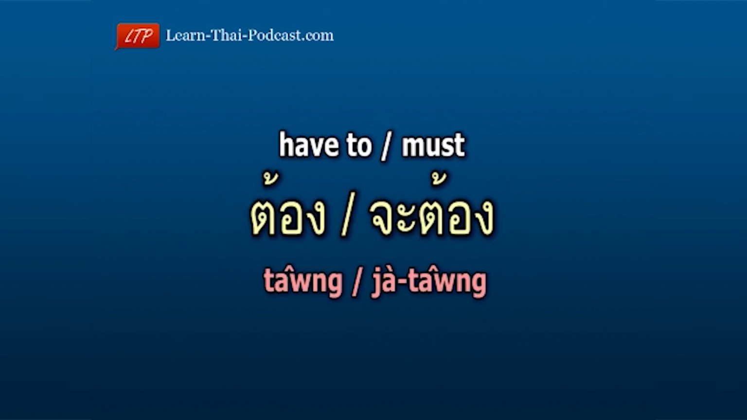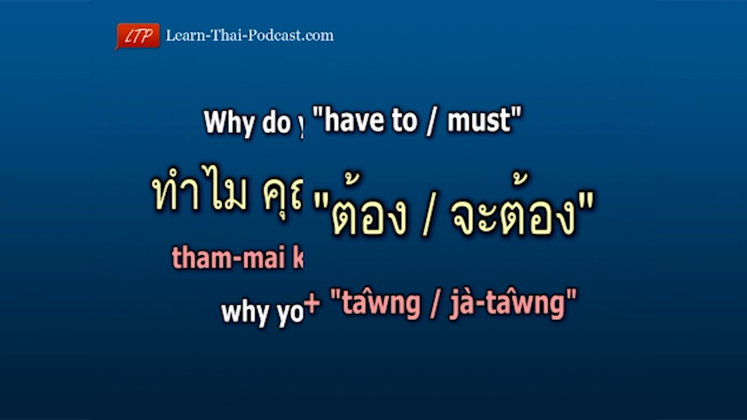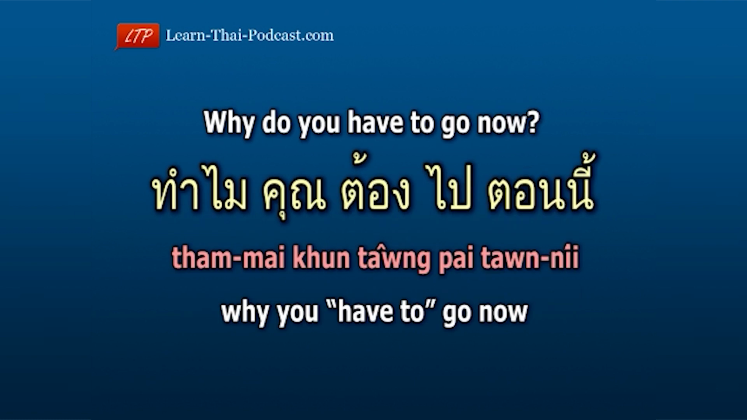When you use the words ต้อง or จะต้อง, which both mean have to or must, in a question, then the word ทำไม, which means why, will be placed at the beginning of the sentence. Here's an example. Why do you have to go now? ทำไมคุณต้องไปตอนนี้ Why ทำไม, you คุณ, have to ต้อง, go ไป, now? ตอนนี้ Why you have to go now? ทำไมคุณต้องไปตอนนี้